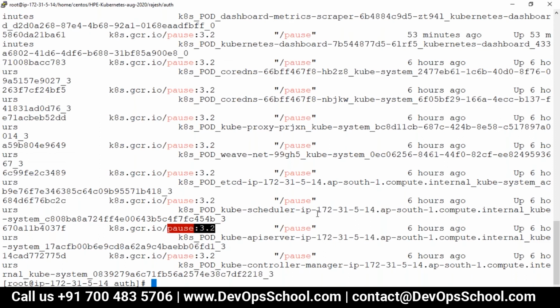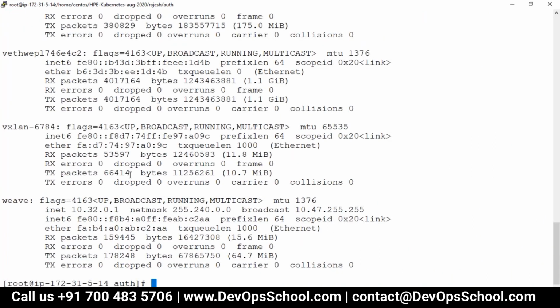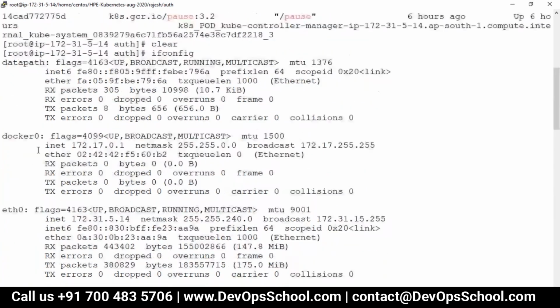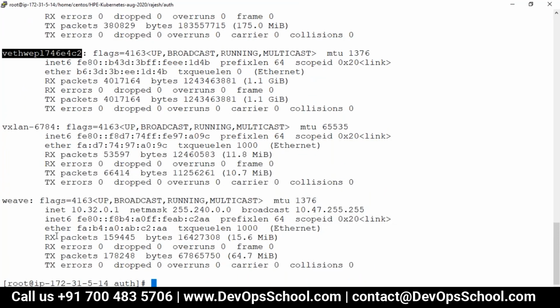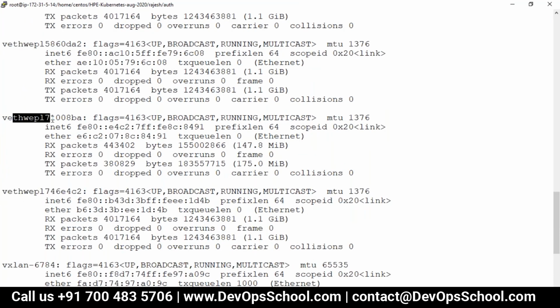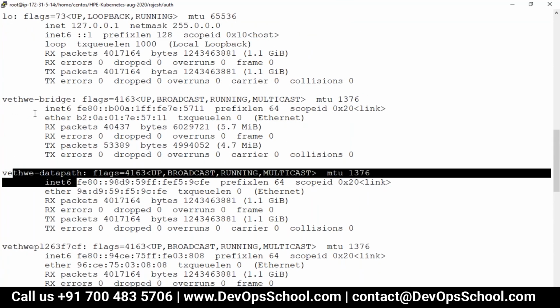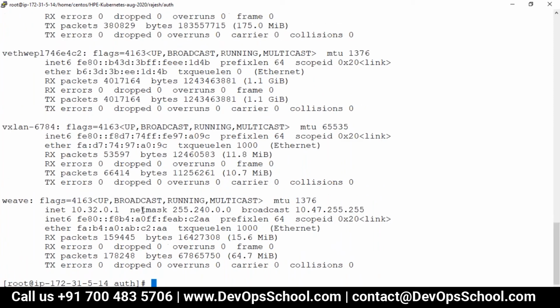Look at this. ifconfig, see here, whatever you see, veth. One veth, two veth, three veth, four veth, five veth, all of these are veth.